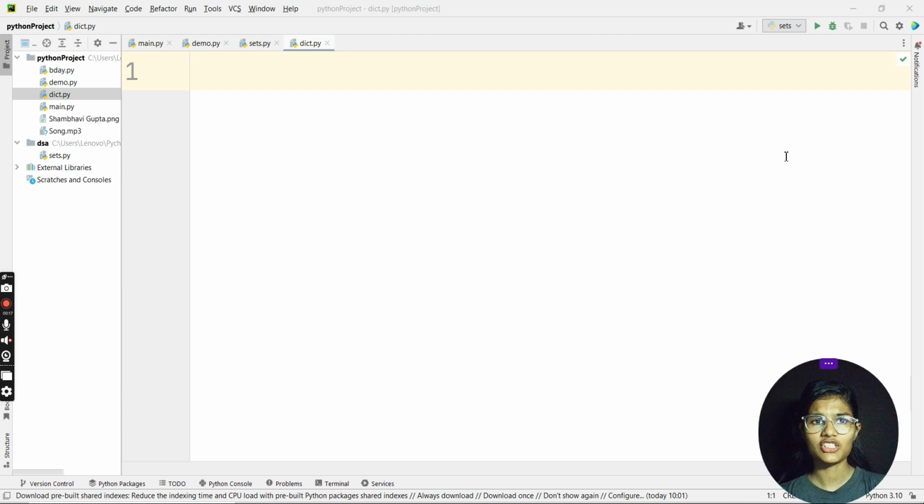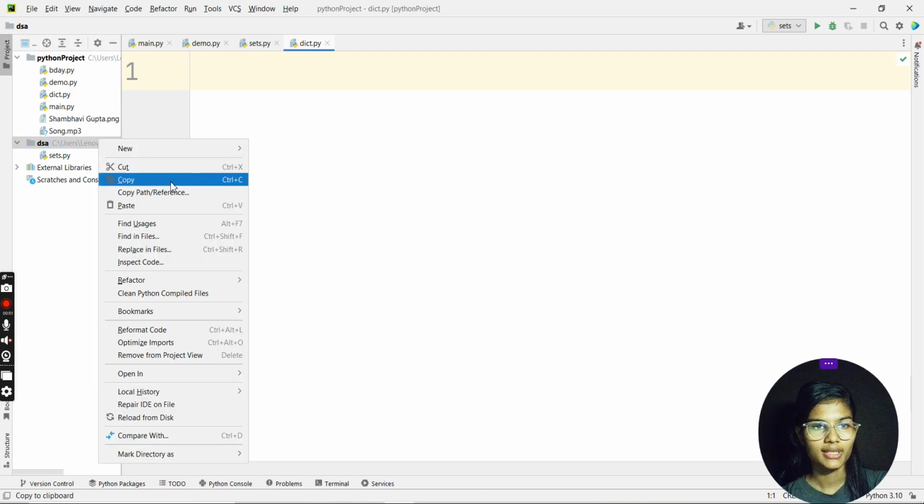Okay. So up till now, you have studied lists, right? You have studied tuples. You have studied sets also, right? Now, dictionaries are the last data type we have in the data structures. After that, you will have the stacks, the queues, the hash table. All those will come further on. But for the current things we have, this is the last data structure which we have to study here.